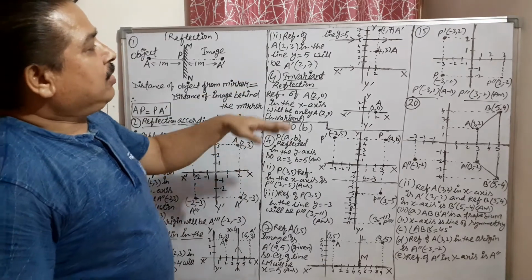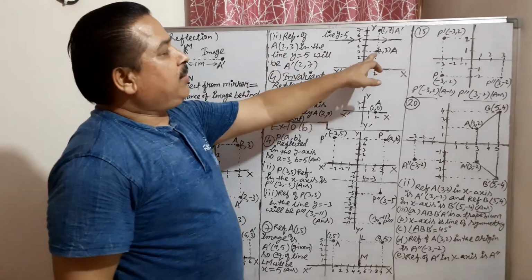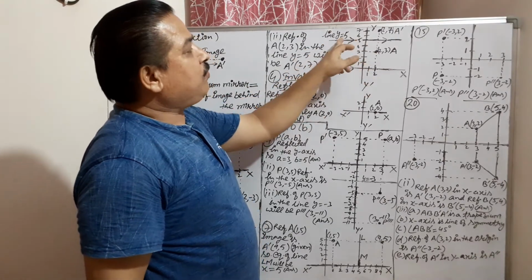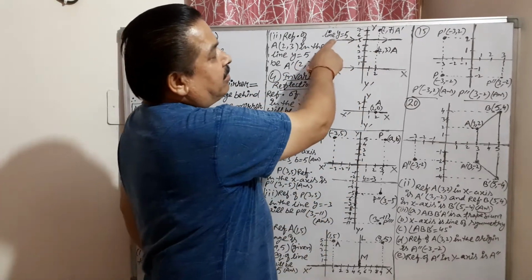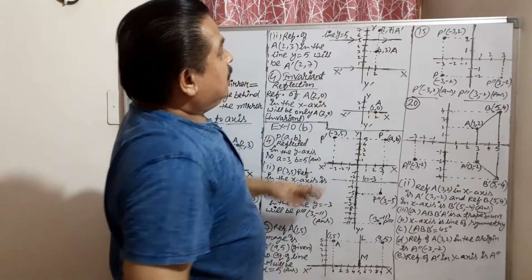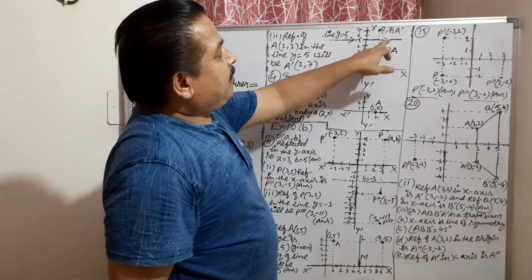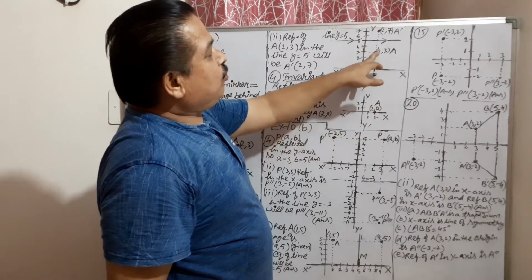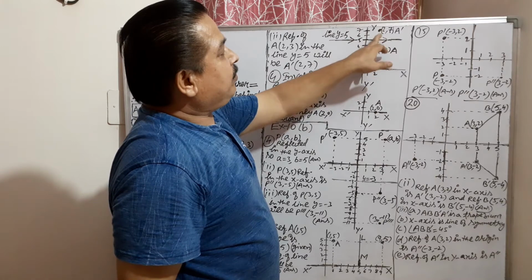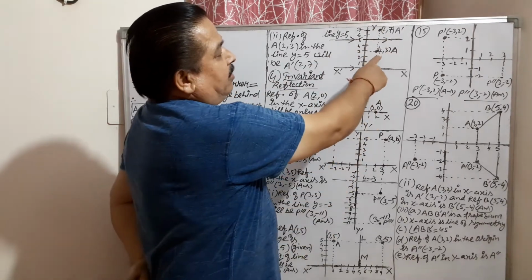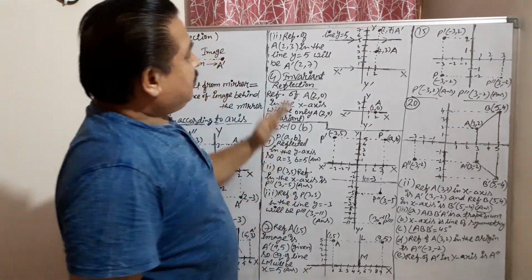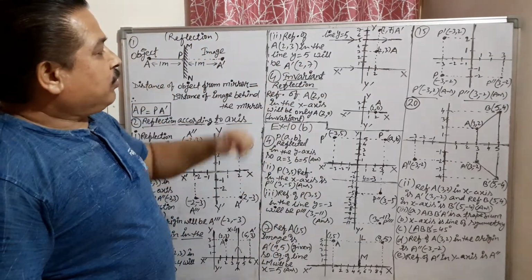Now second point: again I am taking the same example, (2, 3), reflecting in the line y = 5. So on the y-axis take one line from 5. Now this line will be parallel to the x-axis. (2, 3) is here; check the distance, it is 2. So it will go 2 away on this side. So the image of this (2, 3) will be (2, 7). This is the answer now.